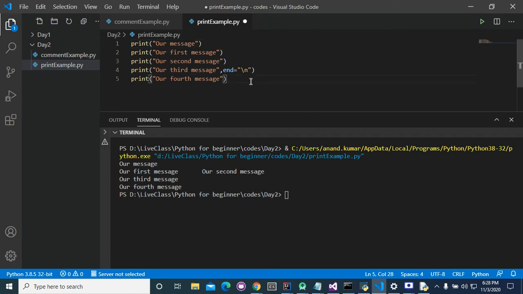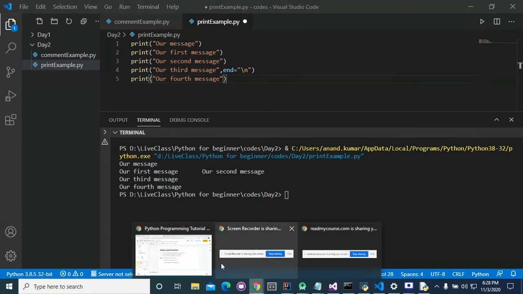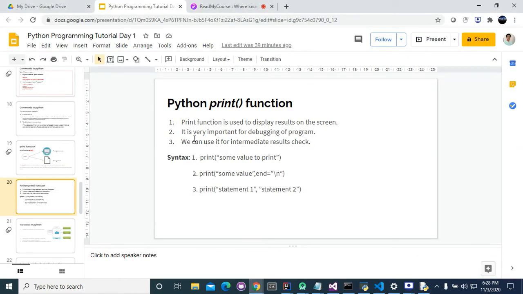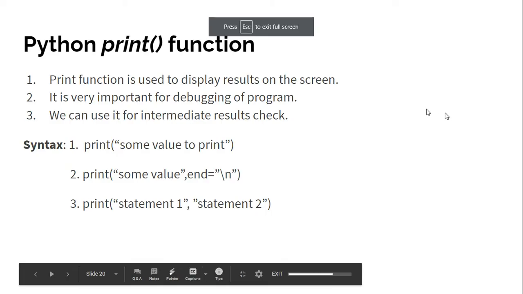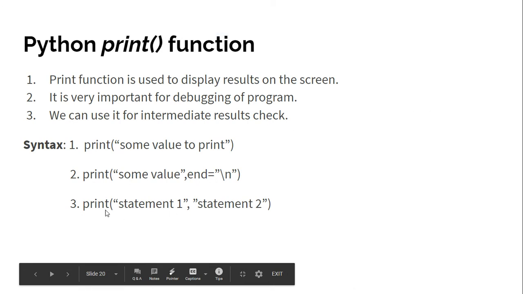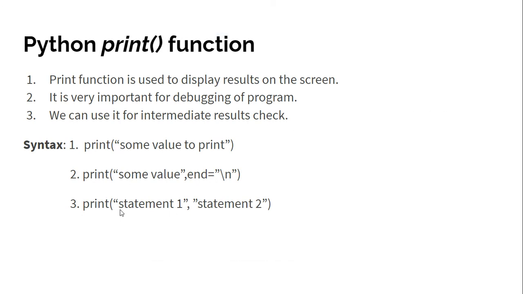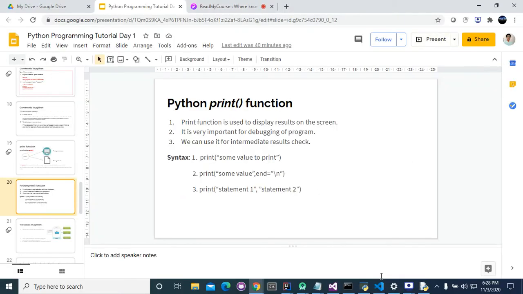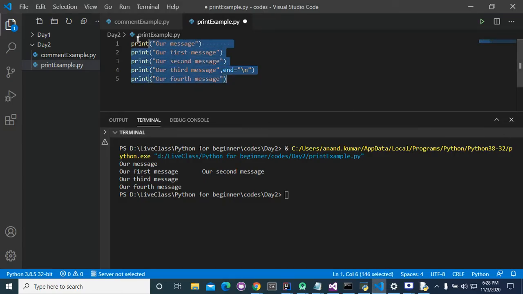Okay, and now let's proceed to the next topic. There is one more way of using print. You can call print like this: print statement one, statement two. Let's comment this out.